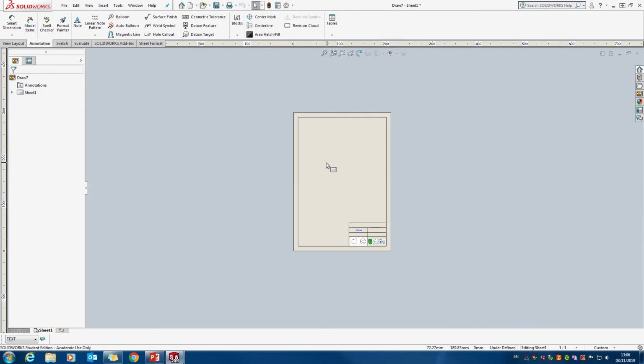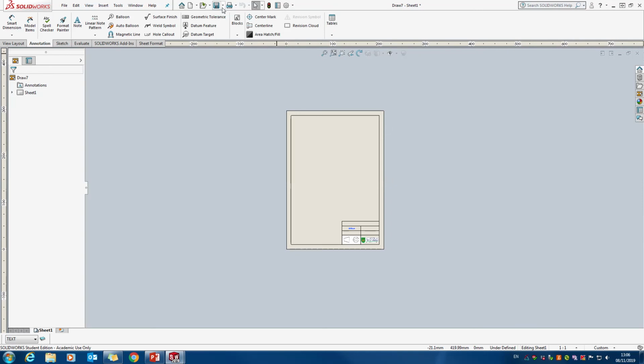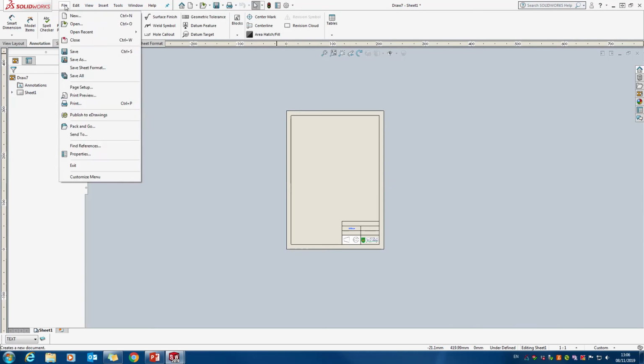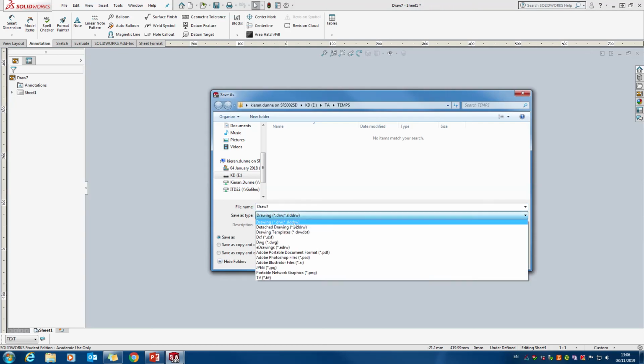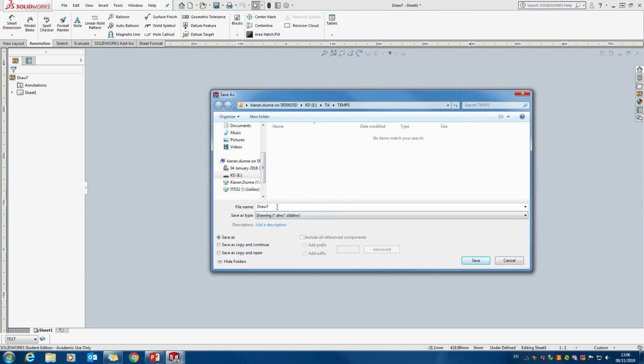After that then you need to make sure at the very start of this that you go and save again. So File, Save As, not Save, and this time you want to make sure that you're saving it as a drawing. Okay, and name the drawing. So example,